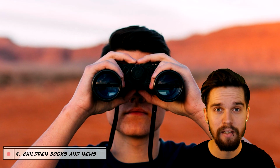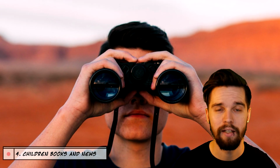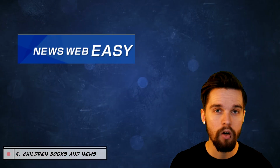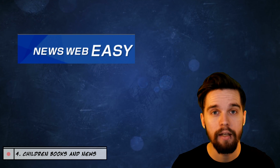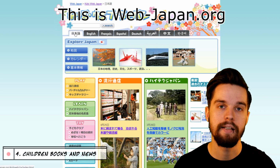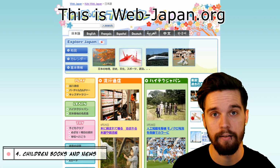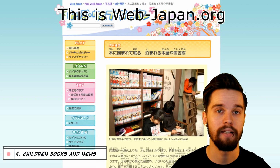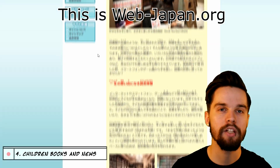Finding such an easy Japanese book in your country can be really hard though. That's why I recommend you to go to NHK News Web Easy or webjapan.org to read Japanese news that is specifically made for children or audiences that don't speak Japanese very well yet. Webjapan.org is made for children, which is really good if you want to study some Japanese in a very easy manner. But NHK